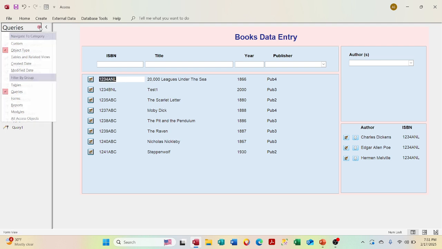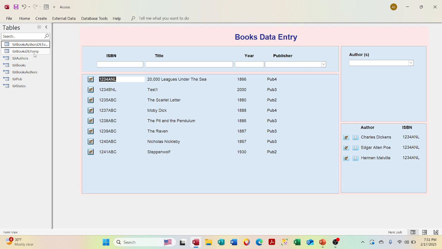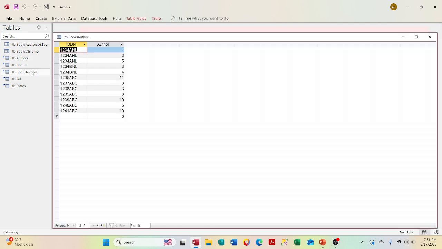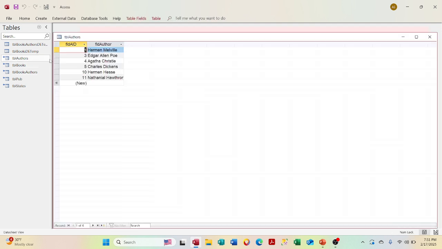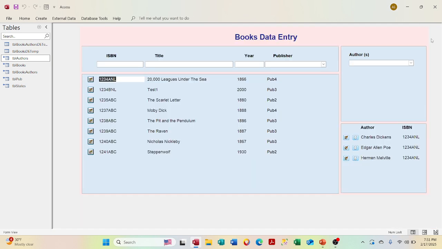Let's go back to our, should be 1311. Let me just check the authors. Let's do an append and let's just check. I don't think it worked right, and it shouldn't. It probably shouldn't because